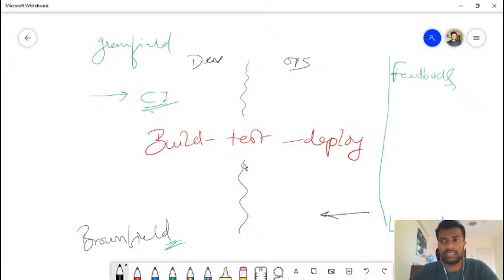Let's say building takes about 30 minutes. Do you want a developer to spend 30 minutes on a system just after he has committed something and just wait because it's compiling? You don't want to do that. Exactly. So you have to support that kind of pattern with a separate system. So you set up some build engines for that. That's the feature. That's how you figure out what a feature is.